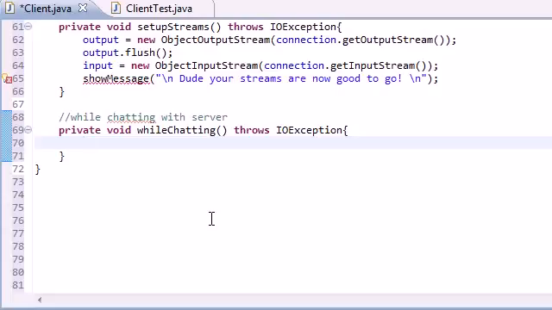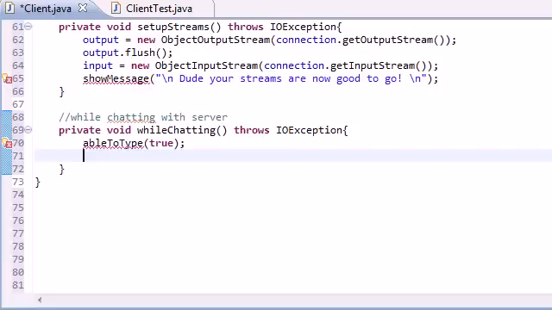chatting, it would be a good idea to, oh crap, what the heck did I name that? ableToType, I think was the name of the last one, and we might as well set this equal to true. So after that, just go ahead and throw everything in a do while loop, like we did before. So do while